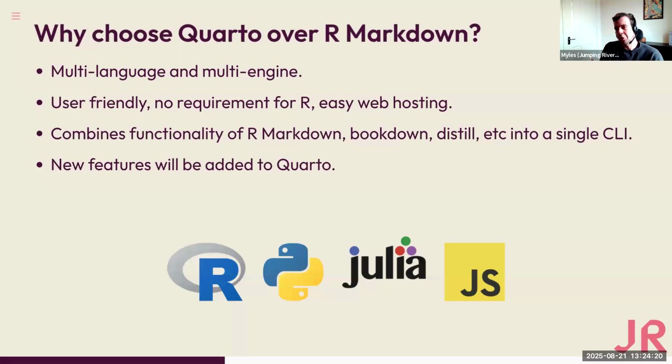So if you already have a lot of documents in R Markdown, you might want to consider migrating those across to Quarto, which is actually not too bad. It's a little bit tedious. There's a few minor syntax differences, but you might want to do that now rather than have an even bigger task of migrating this across later on. But that said, if you are happy with R Markdown and you're happy with the current features and you don't need anything to change with your current setup with R Markdown, by all means, stick with it because it is still a really powerful framework.